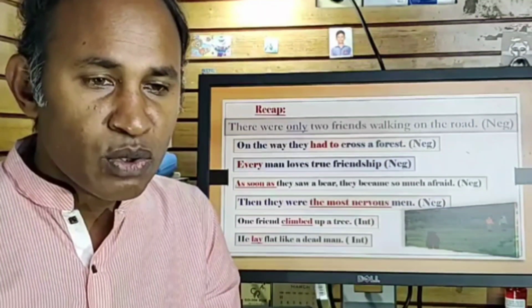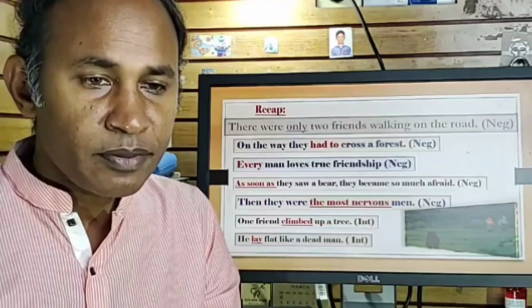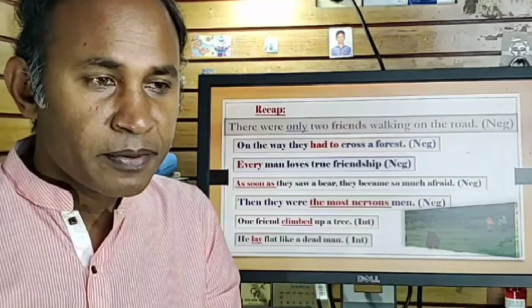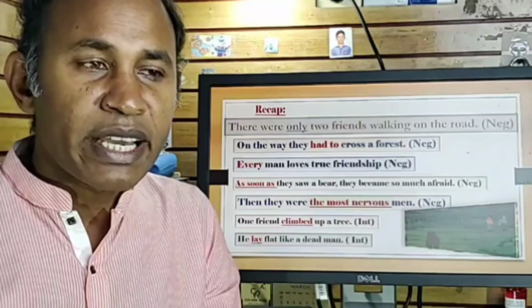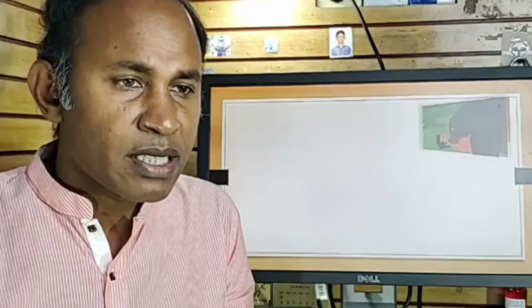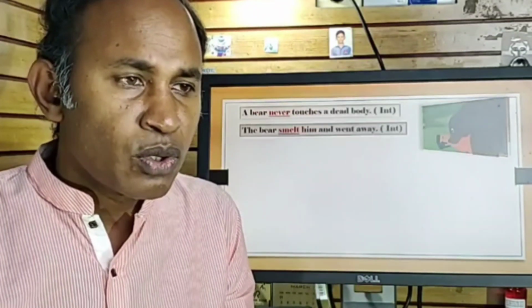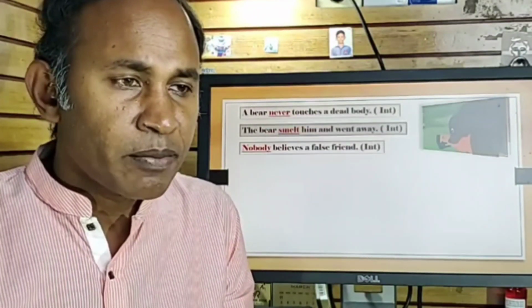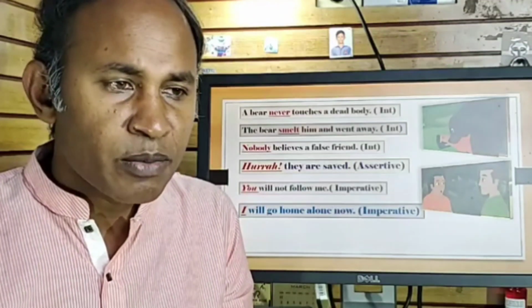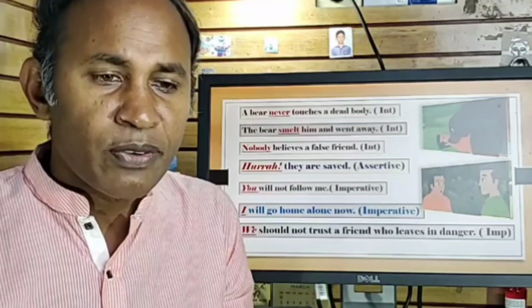As soon as থাকলে no sooner had বুঝবে। As soon as থাকলে no sooner had the sea. আমরা ঠিক পরেরটাই যাচ্ছি, দেখো there are some other examples as well. So a bear never touches a dead body. The bear smelled him. So এই প্রত্যেকটা উত্তর কিন্তু তোমাদের এই ক্লাসের মধ্যে আছে. So if you have any confusion,